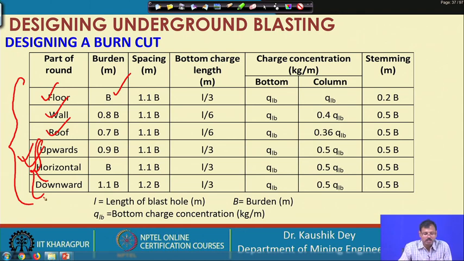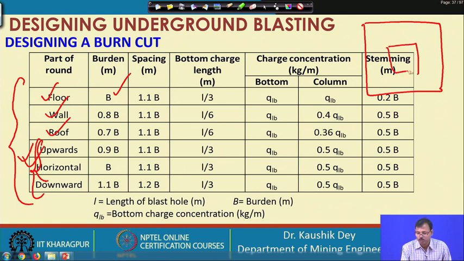The formula for floor hole, wall hole, roof hole and the stopping holes upward, horizontal, downward in these three conditions remain the same for the wedge cut and burn cut, because if this is the opening, this is the cut area, whether we are achieving the cut area either by burn cut or by wedge cut, it does not matter.